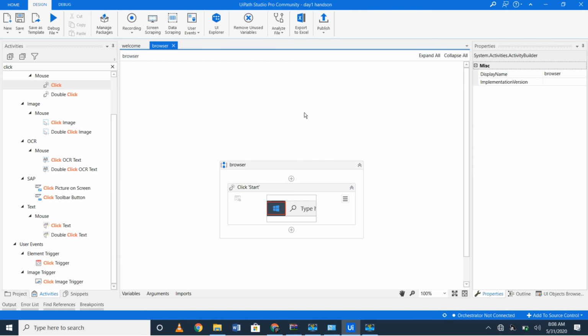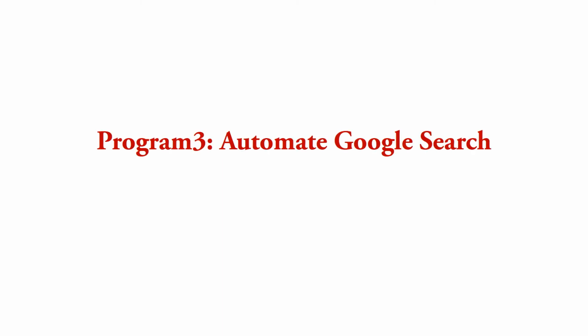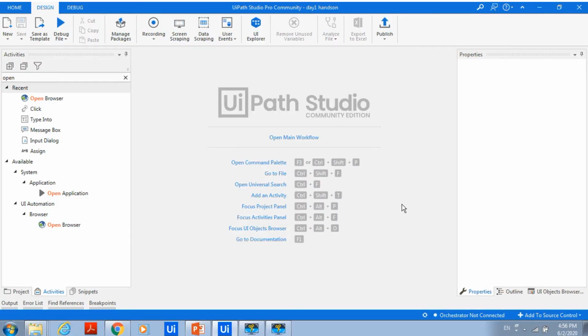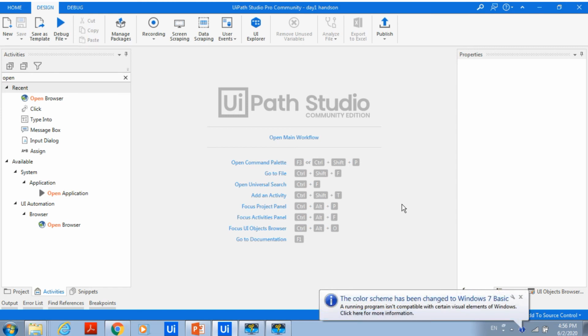Just by getting into Google and searching RPA, how can it be done? I can do it as a second example, a continuation of this example. Program 3, that is automating a Google search. Let's move on to the next interesting program, Google search. For example, if you want to search RPA in Google, what will you do? You'll open the browser, go to www.google.com, type RPA, then click Google search. These operations we usually do manually. Now we'll see how we can automate this process using a software bot.